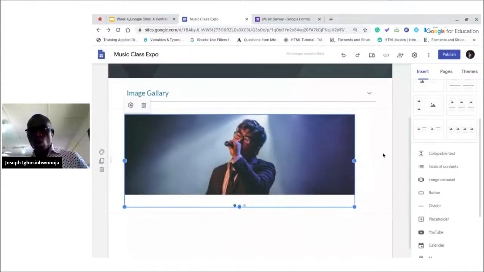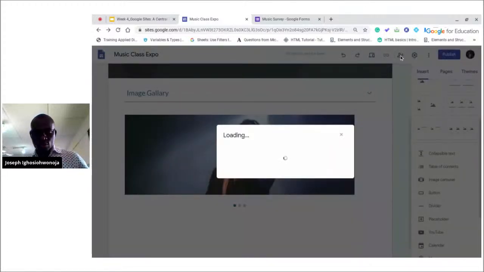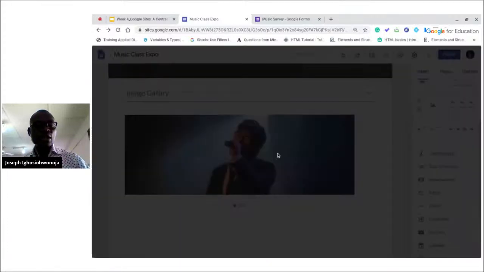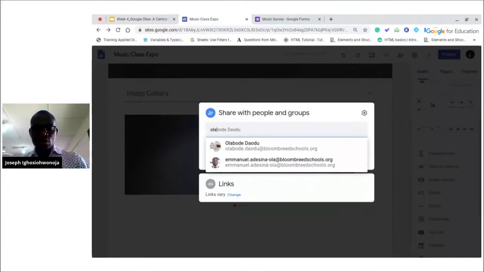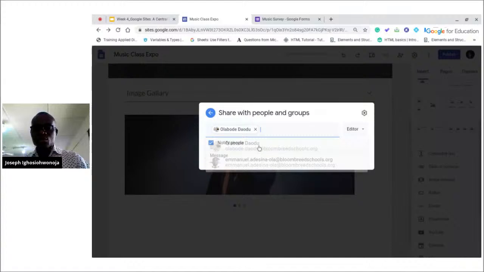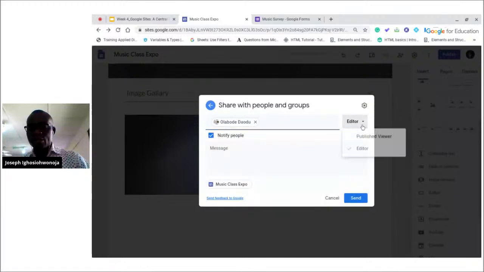Now, if you're working alone on this site, you need to add collaborators, either your students or fellow colleagues, to work with you. To do that, come to share with others. You click on share with others, then add them with their email addresses. So I'm going to add Olabode right here, and I'm going to give him the editor's right so he can edit. Then hit the send button. That is how you add